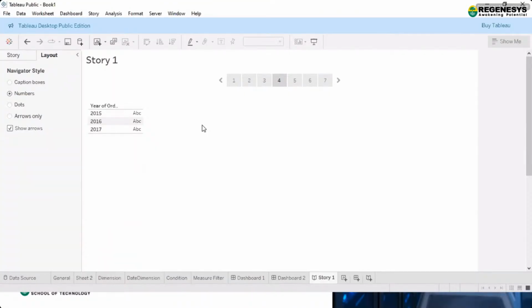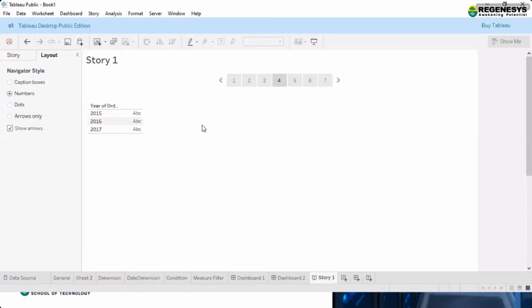So story and dashboard are a way to present your analysis or visualization which you have done in a wonderful way. You give various layouts, various sizes, various effects to make it more presentable.